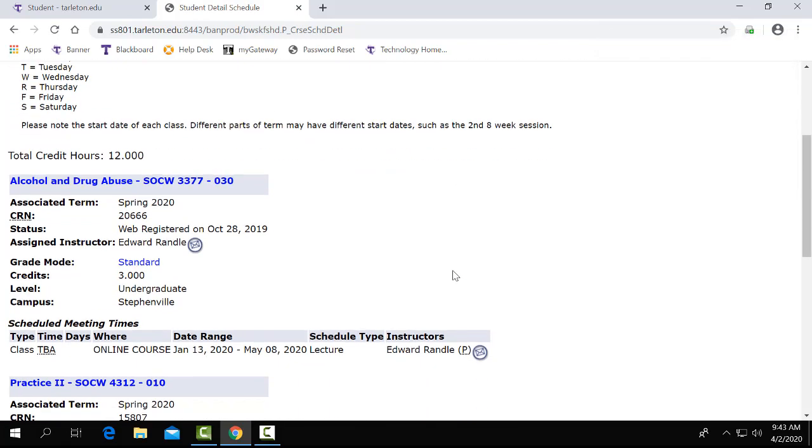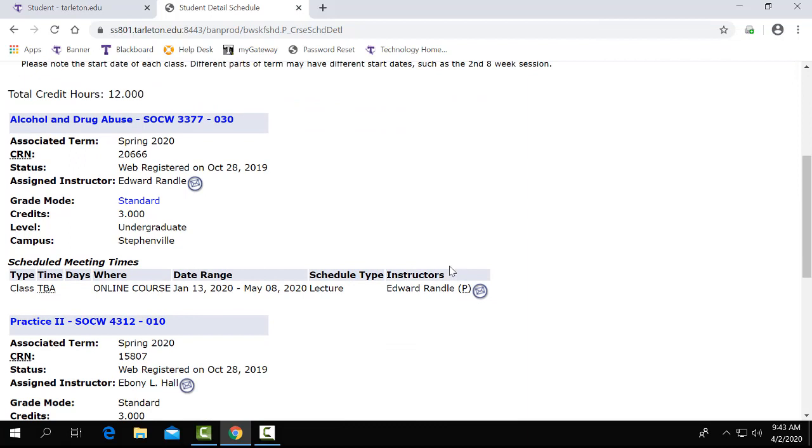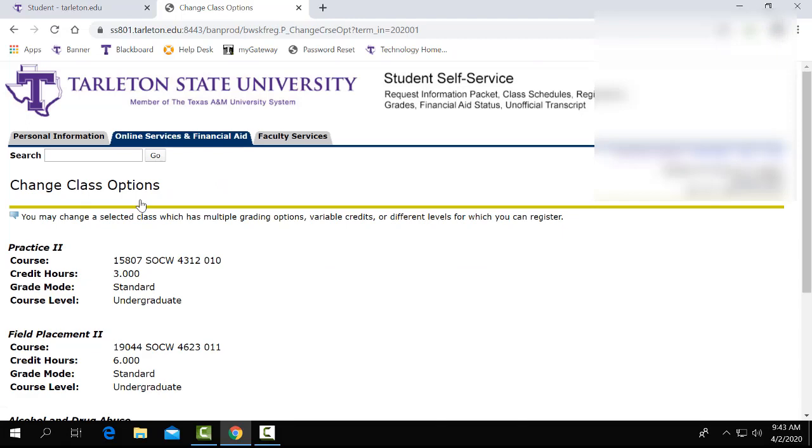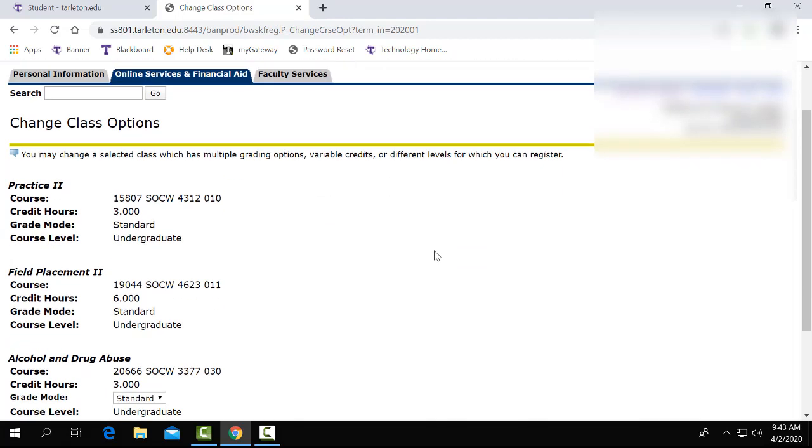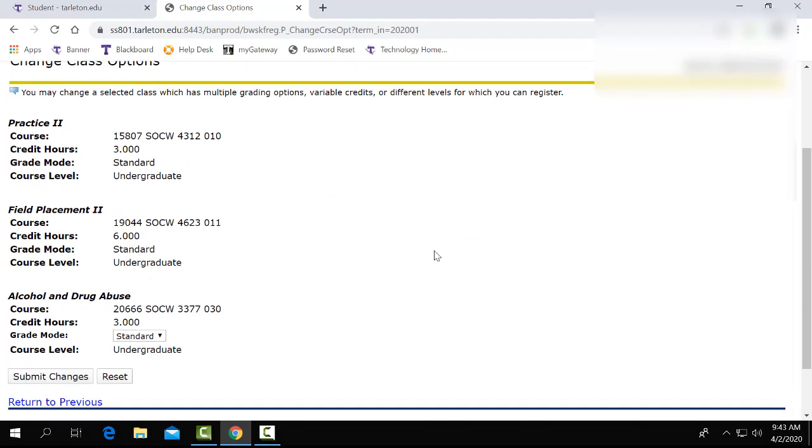On this page is where you'll see your grade mode and standard, which is hyperlinked. You'll want to click on standard. And here is where you will be able to select grade mode and switch from standard to pass-fail if that's